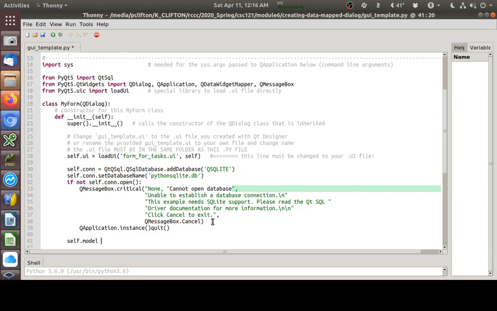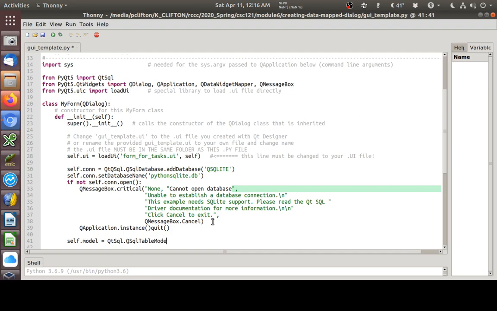So making it self lets me do that. So we'll automatically have access to it in each of the other methods. So, okay, QSql